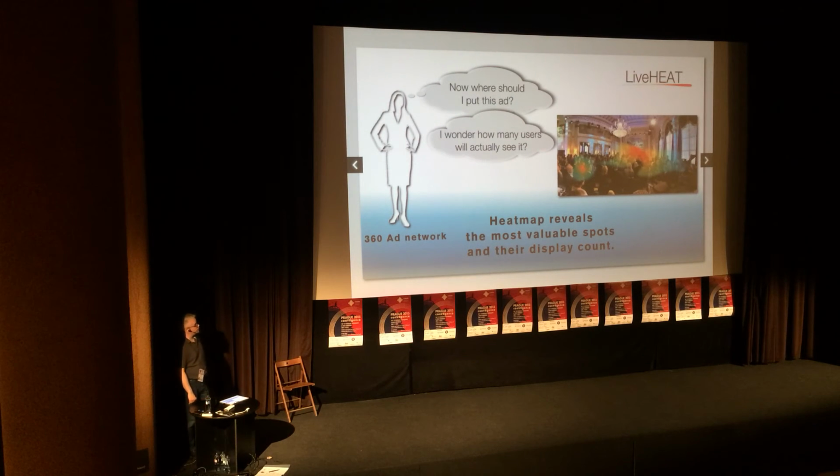Then, of course, for the advertisers, on the business side, this is one really interesting opportunity. You can really see and find out where to place the ads, what are the hottest parts of the video. But also, in the live cases, it can be used in many different scenarios. For example, we can set the value for the ad based on the heat map. So we can really analyze what people are looking at in the content, what is the most valuable real estate on the 360 video canvas. And based on that, we can set the value and the cost functions for the ads.